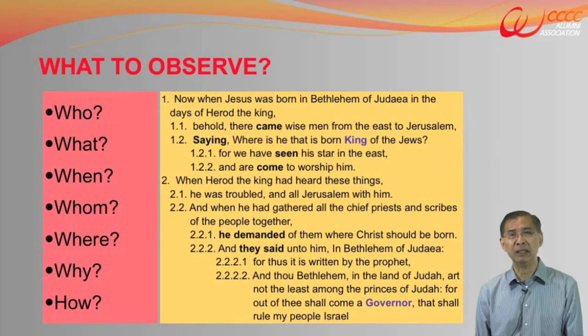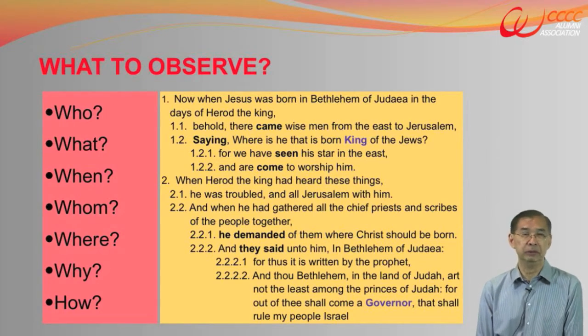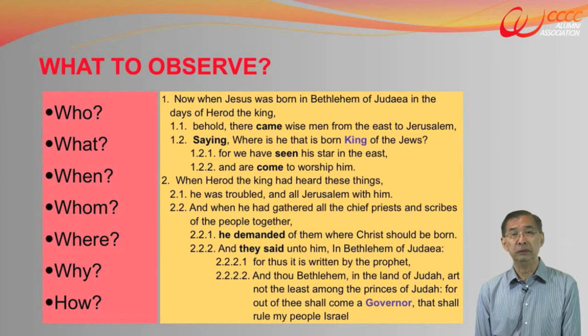The textual grammatical idea, the purpose is to find out what the author is trying to say. Every author has ideas in him, and he will organize the ideas in a way that would make sense to the reader. In this particular case, I have chosen Matthew chapter 2. You will find right away there are two major points, 1 and 2. You can see that. What are two major points?